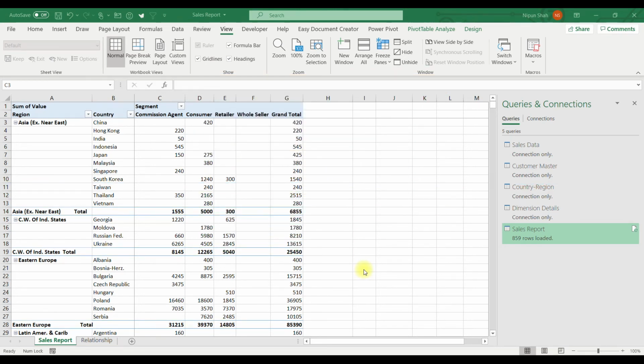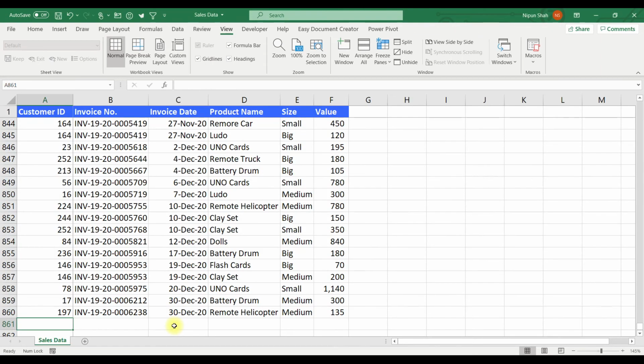Data consolidated through Power Query is dynamic in nature. If there is a change in your input files, your output query will update automatically. For example, in the sales data, I have a new entry, maybe customer ID 500, invoice number is 123, date is 31st December 2020, product name is Checkers, size is medium, and the value is 1000.